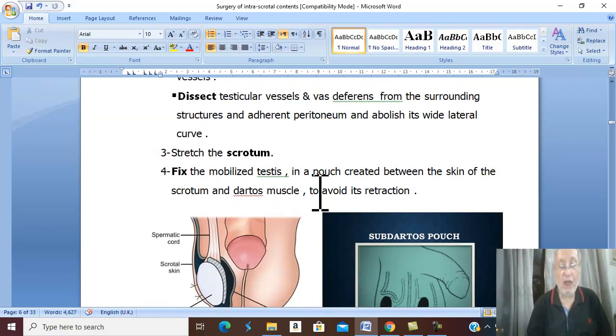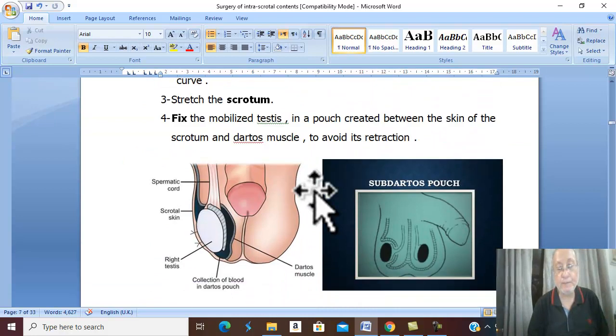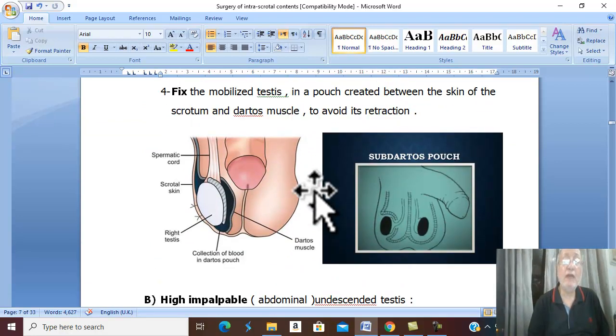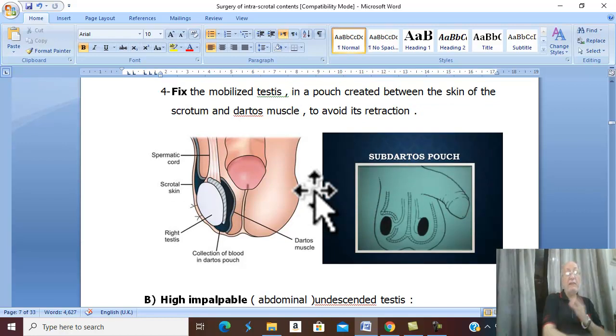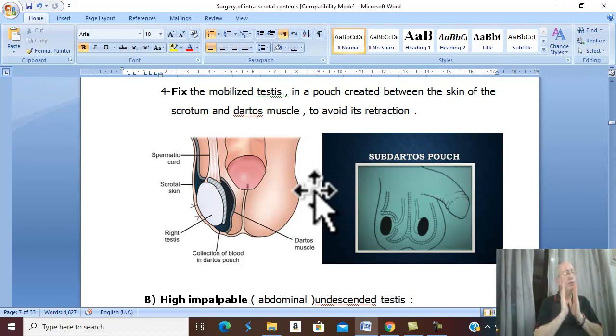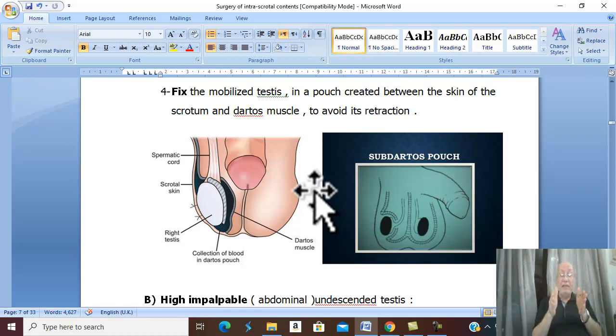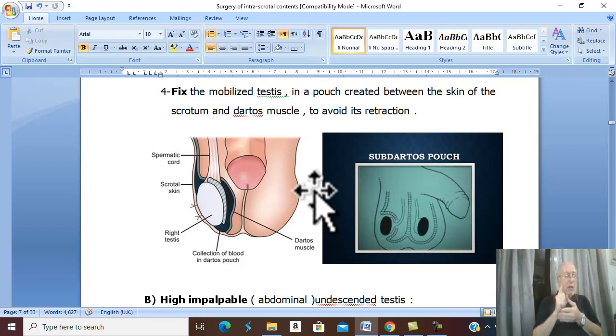Treatment of undescended testis. Surgery is the main line of treatment, with two exceptions. What is the exception? In the first 6 months. In the first 6 months of life, just after birth, in newly born, if you see